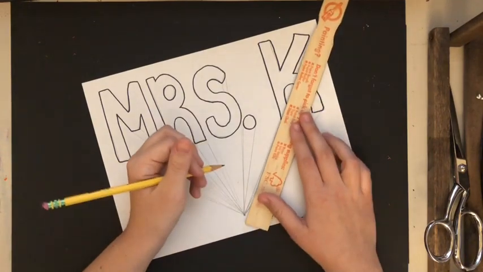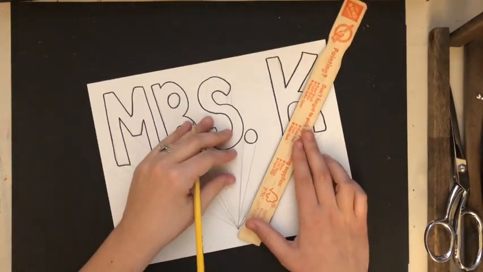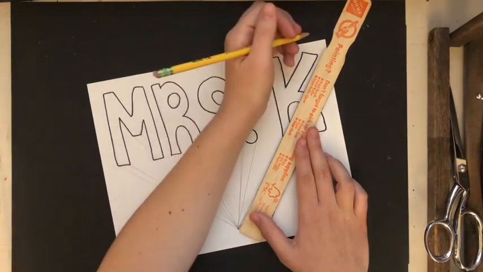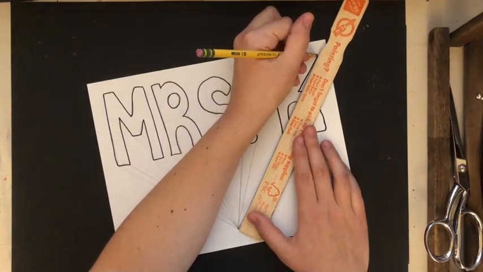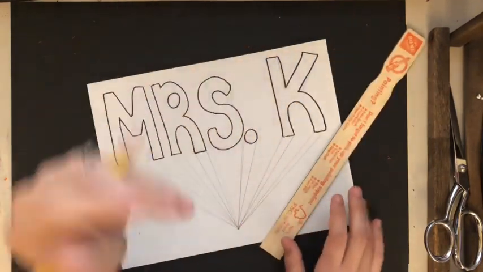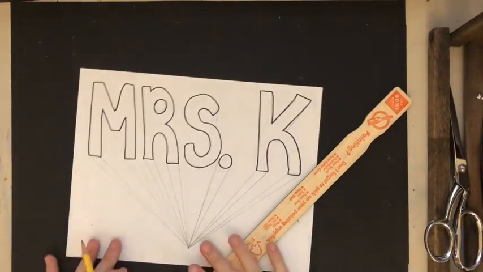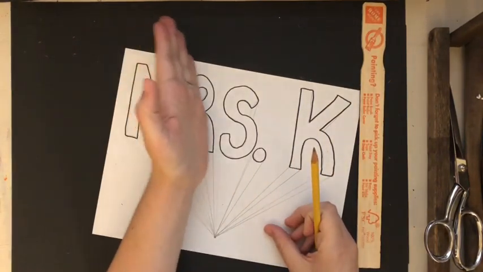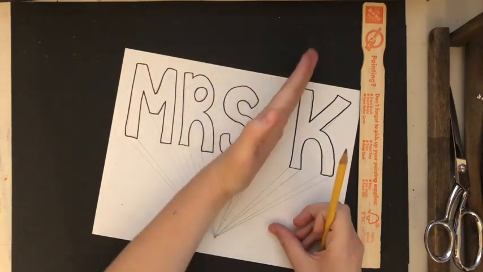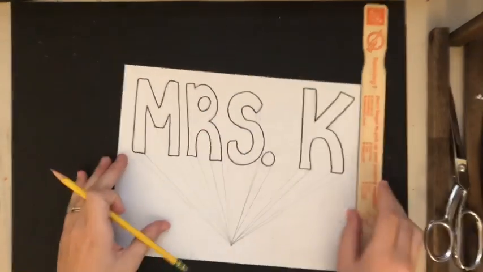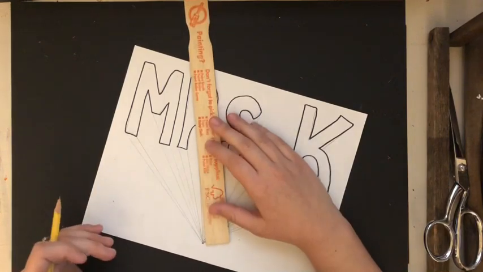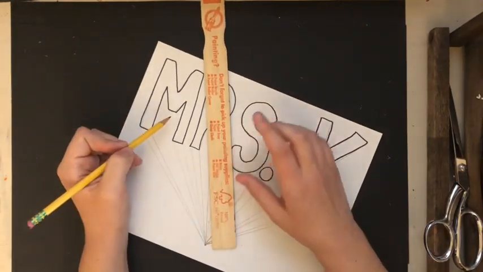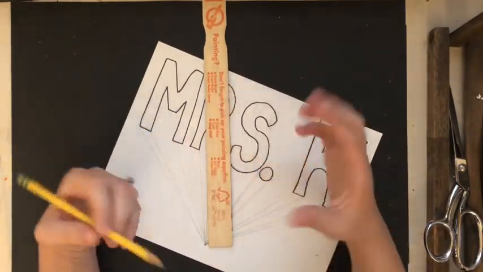And again, I could do the slightest line for the top of my K, like that. Okay. So now the next step is to do the sides. Make the sides of the letters look as if they're also coming to the vanishing point. So I'm going to go to the top of my M, and this is going to be a similar situation to doing the inside. You're going to stop